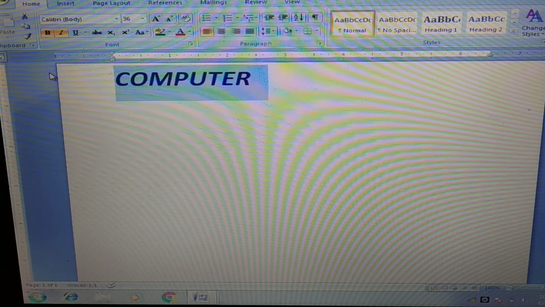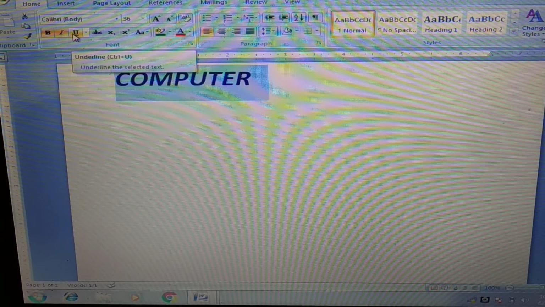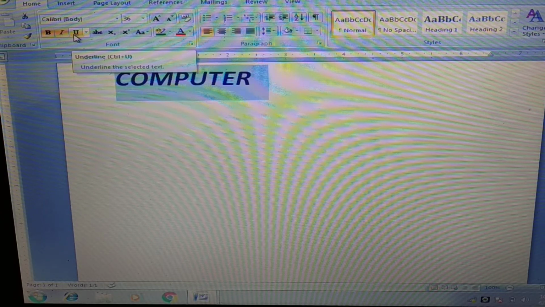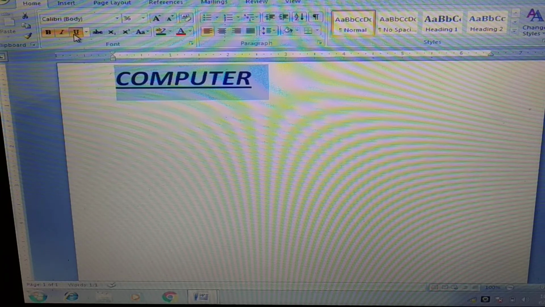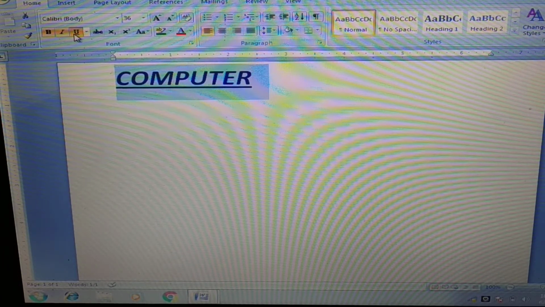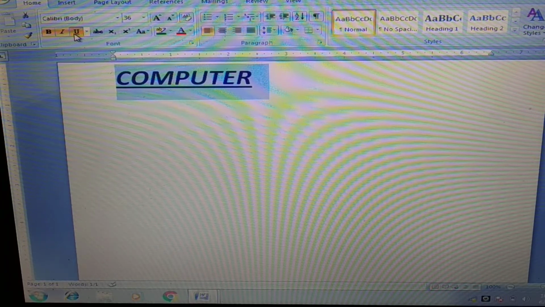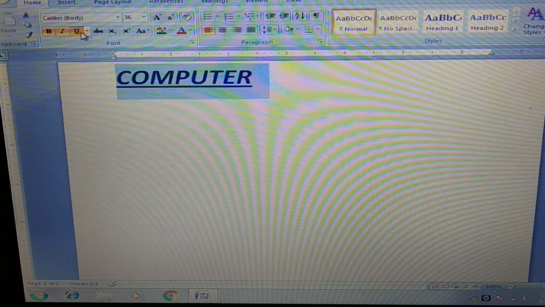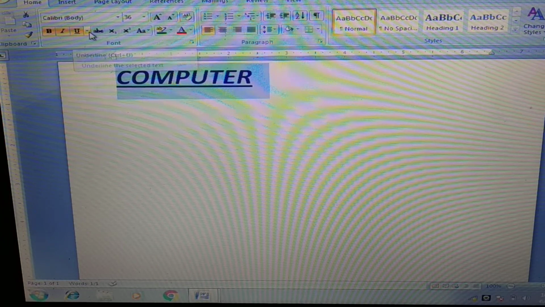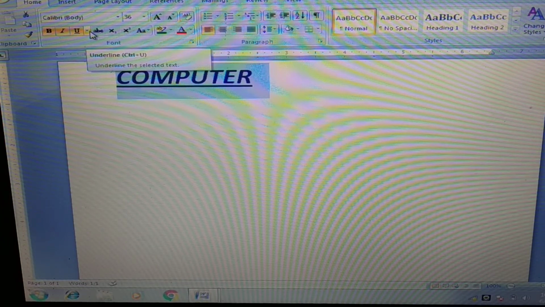Okay, let me show underline. The word computer is already selected. Go to underline. See, when I am taking the arrow, again in the dialog box it is written underline and in the bracket Ctrl+U. If I click, the underline option is applied. Now if I want to put some other type of underline, then just beside the U, another drop down small black arrow is given.